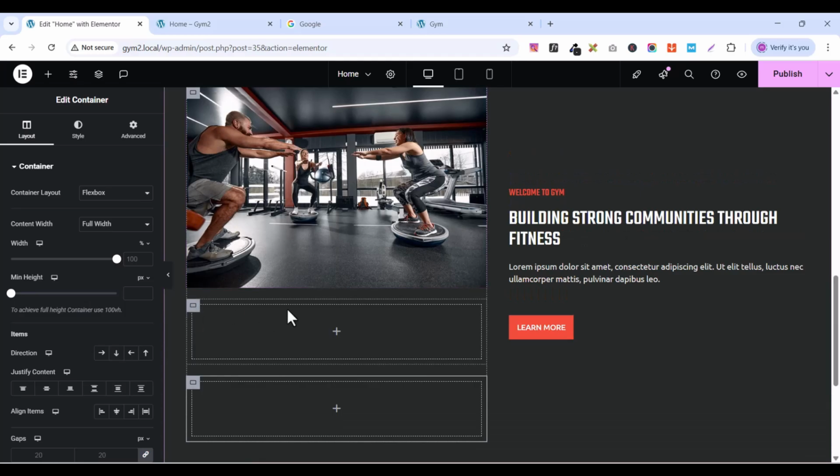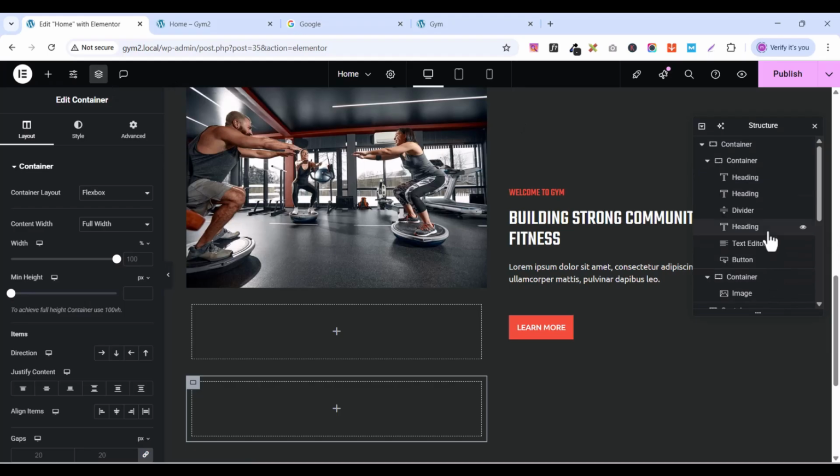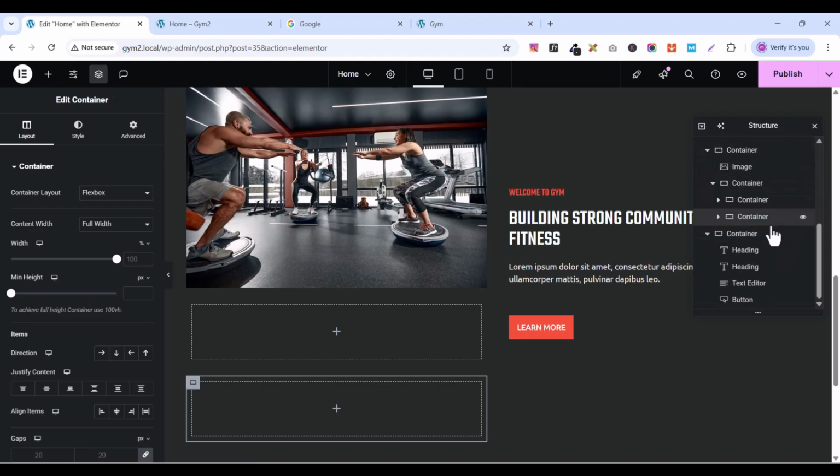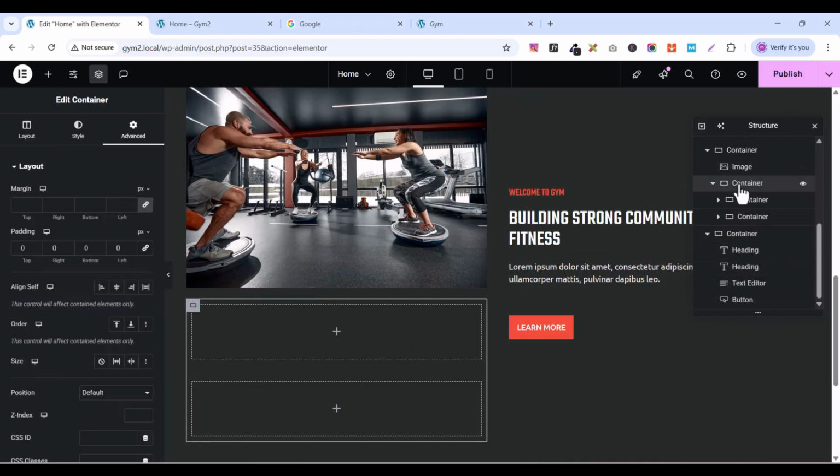Okay, so after that, you see this structure here, click on this structure. Okay, this structure is very important. You see, anytime you are designing any section, you can name your section here. But for me, I am used to it, so I don't always name my section. But it is important, if you name your section, it will help you so that whenever you are looking for an element, you won't struggle. All right, so I want to select this one, this container, and come back to layout,